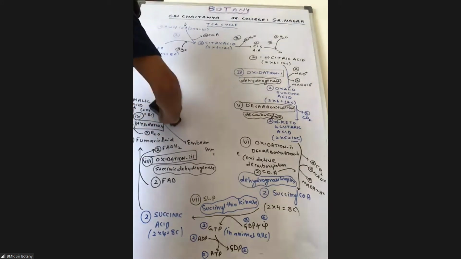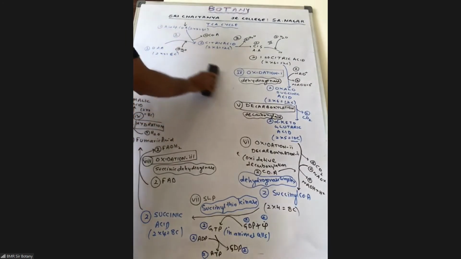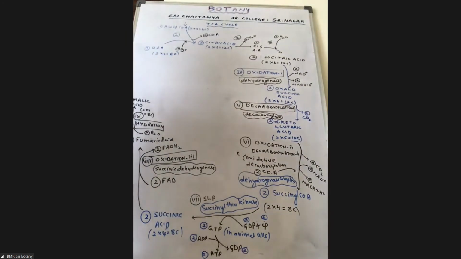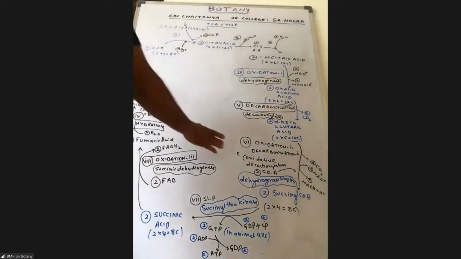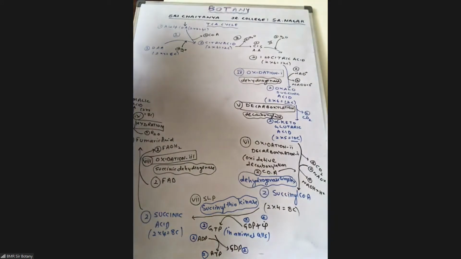So special for succinic dehydrogenase, special for alpha ketoglutaric acid. Very important to remember. There were two SLPs in glycolysis. There is one SLP in the TCA cycle. The enzyme here is fumarase. Easy to remember, I think. Fumaric to malic acid is by fumarase.